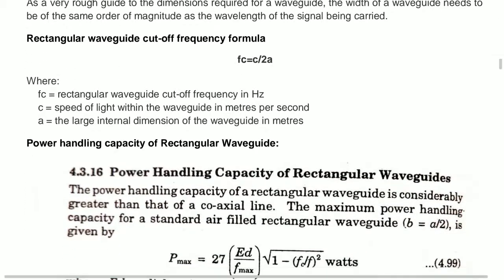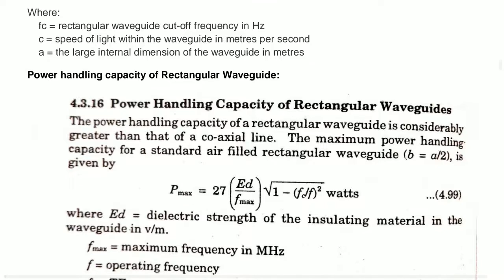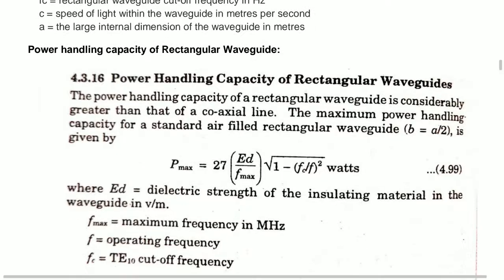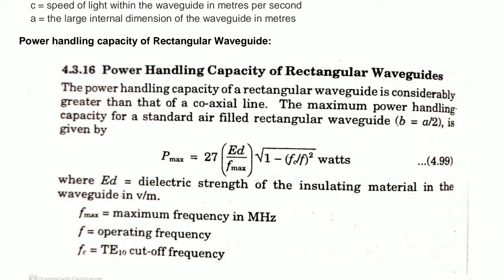We will quickly move to one important equation for the power handling capacity of the rectangular waveguide. That is P max, the maximum power, equal to 27 into capital ED divided by F max, under root of 1 minus (Fc/F) squared, which is measured in watts. Here capital ED is the dielectric strength of the insulating material, F max is the maximum frequency in megahertz, F is the operating frequency, and Fc is the